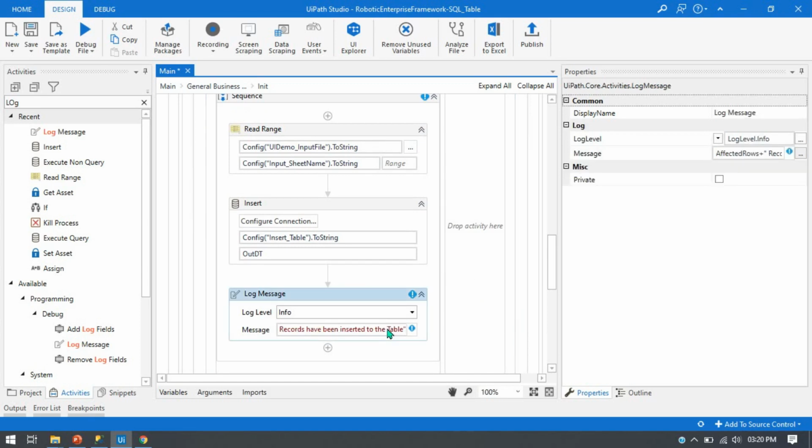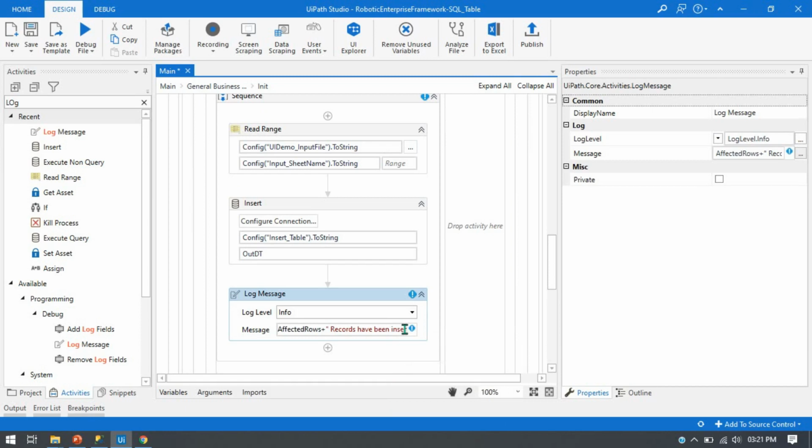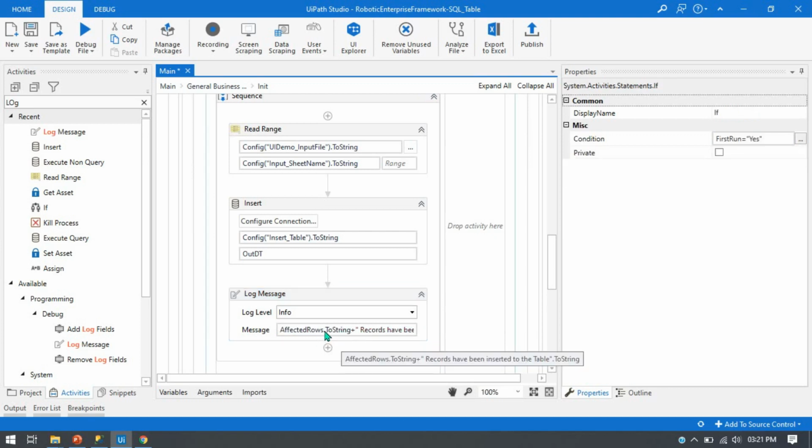and then we'll write here dot ToString. Currently it is showing string to double. Because we are getting the data in the affected rows, we have to pass here dot ToString, because we need to convert this data to string, and then plus this text. So if you are passing 10 records, it will show "10 records have been inserted to the table". Now save this,